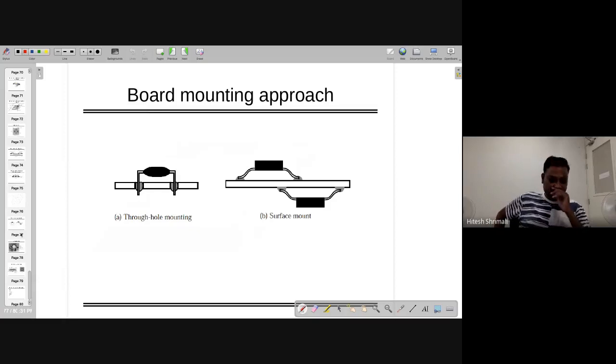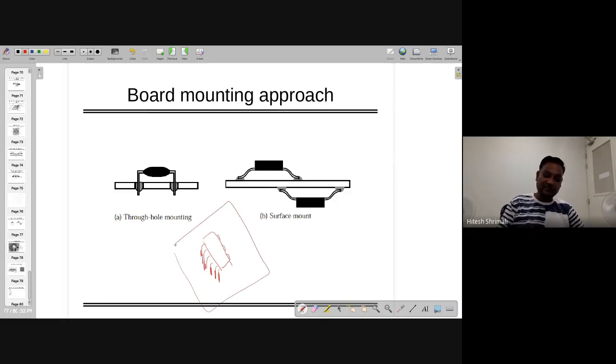There are a few other things. There are two kinds of ICs. You must have seen one IC like this, which is being used on breadboard, right? Where you can keep these pins inside the breadboard, or you can keep it on PC board and they can go through, and thereafter you can solder it. So that kind of ICs are known as through hole mounting.